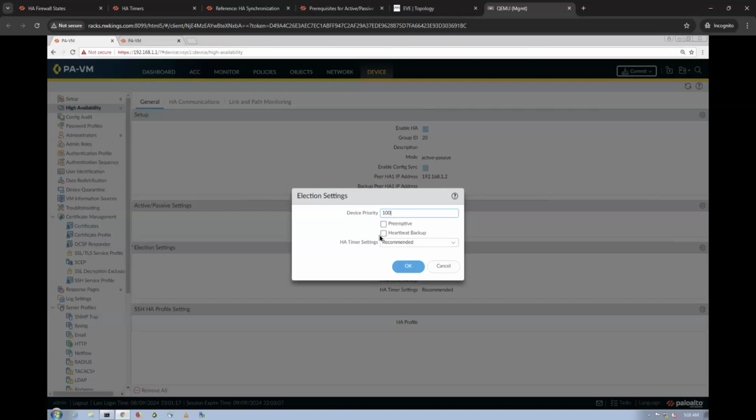Now we discussed what split brain is, right? Split brain is when